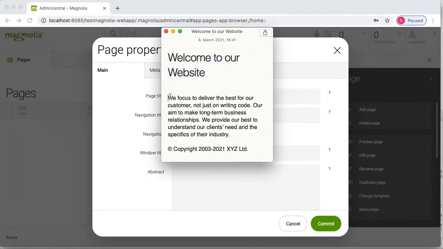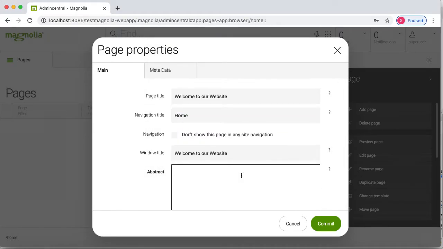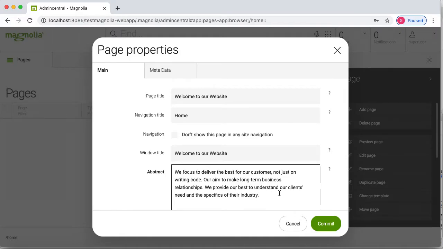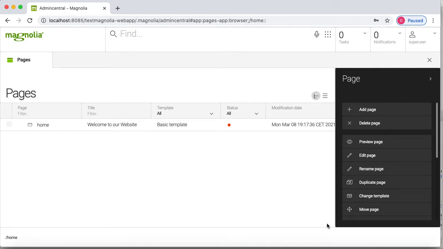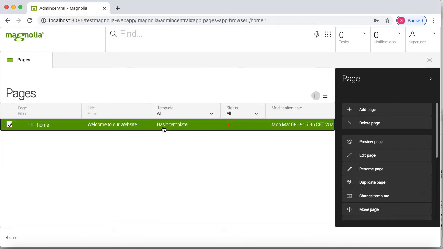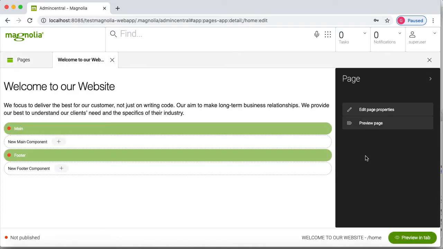I will keep it here in the extract, and then I will commit. Here you can see I have created the page successfully. If we want any modification, we can use this edit page option.